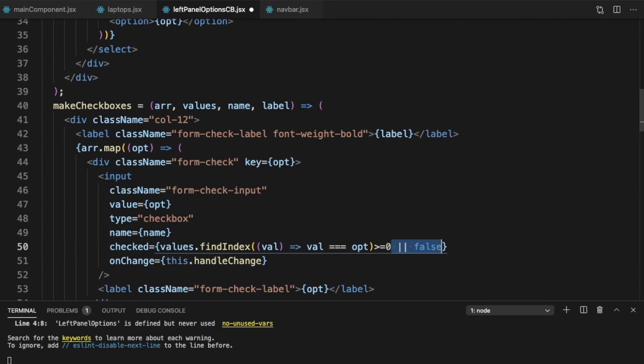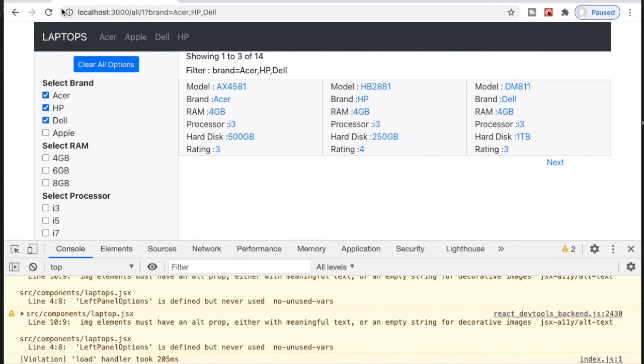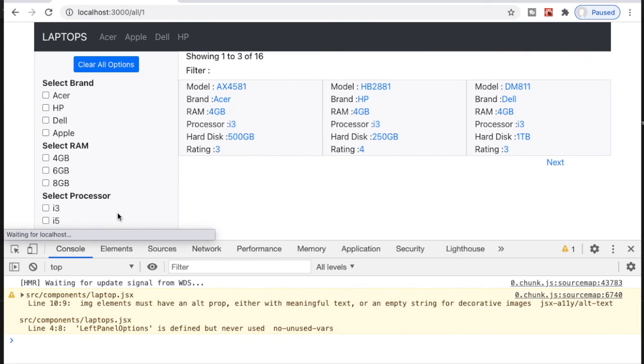That is what we would have done. Now notice in this case the value will always be true or false. It will never be null or undefined. So if we use this option, then we will not get this error in the case of a checkbox checked. Let's test it. So now if I click on Acer, we do not get that error. So those are two ways we could have handled it in this example.